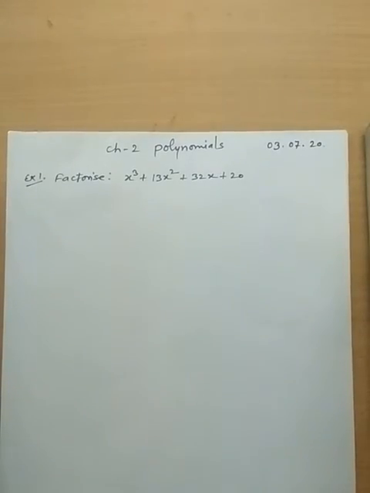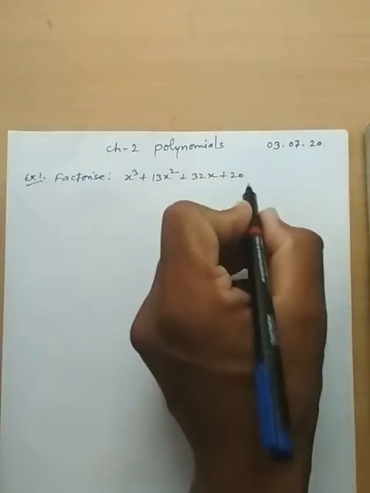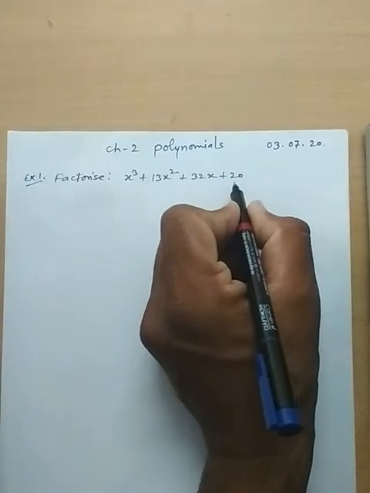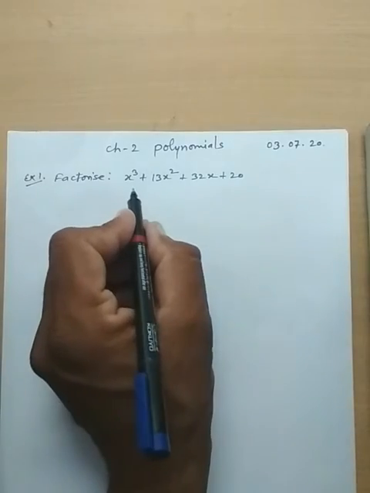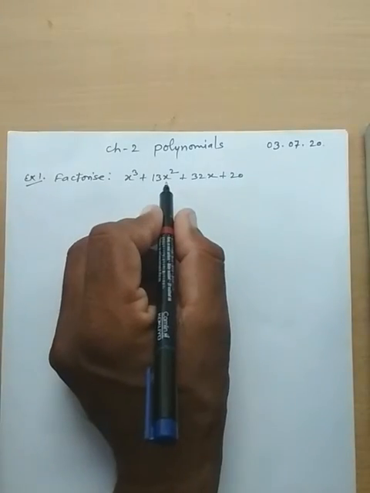Dear students, for class 9th, our today's topic is chapter 2nd, polynomials. In this chapter, we will take some questions based on factorization. We factorize a quadratic polynomial with the help of splitting the middle term, but here the degree is 3. So first of all, find one zero of this polynomial, and our polynomial is x cube plus 13x square